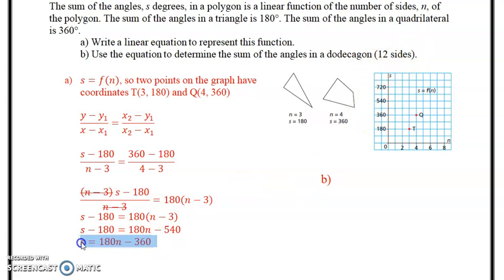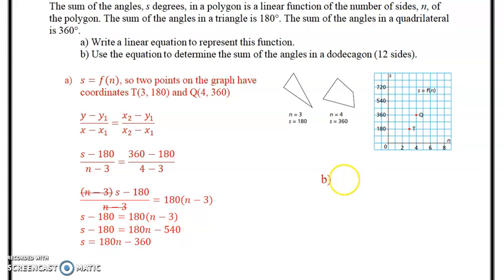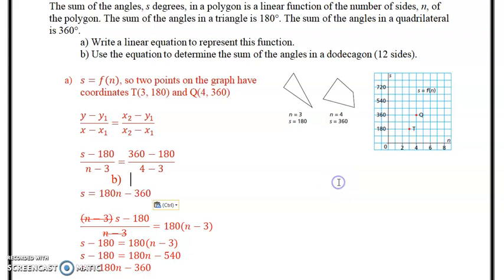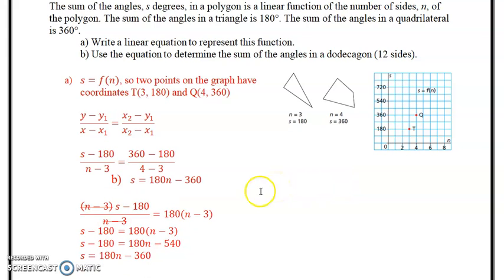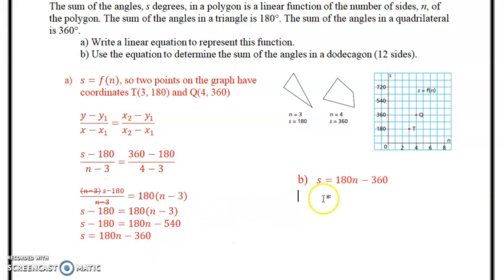So we just take our formula and plug it in. We know n is equal to 12. We put n in as 12. Multiply 12 by 180. We get 21